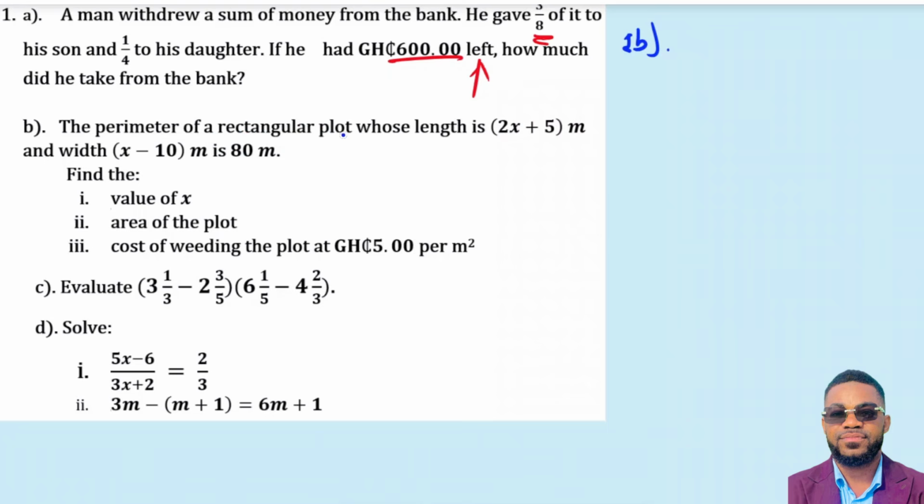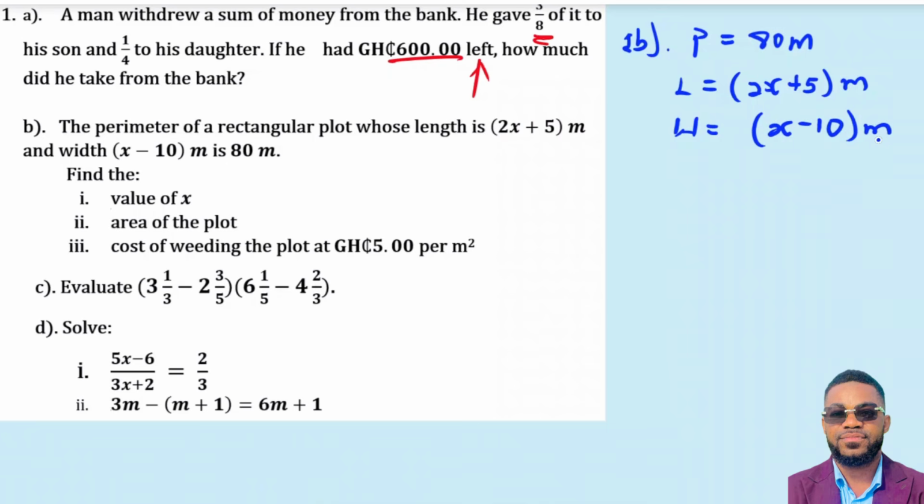The perimeter of a rectangular plot whose length is 2x plus 5 meters and width is x minus 10 meters is 80. So what you have to know is that the perimeter is equal to 80 meters. The length was also given as a binomial, that is 2x plus 5 meters, and the width was also given to be another binomial, x minus 10 meters. So that is what we are supposed to know. Now we have to find the value of x